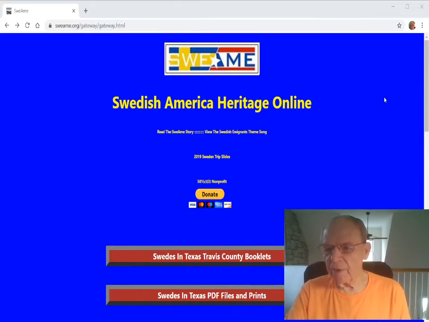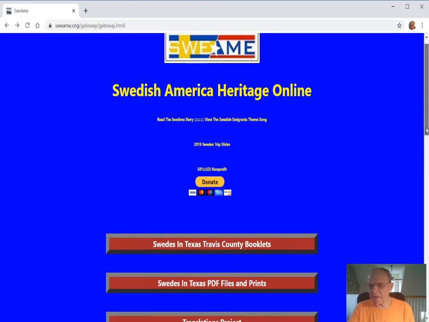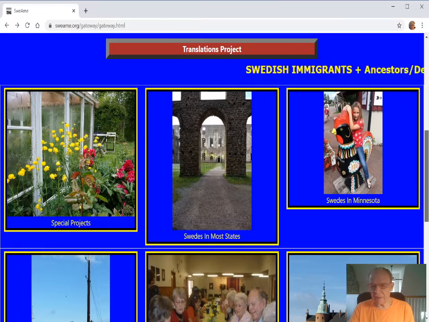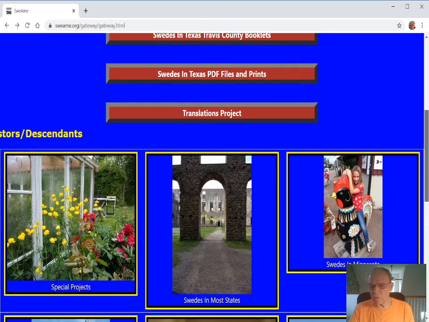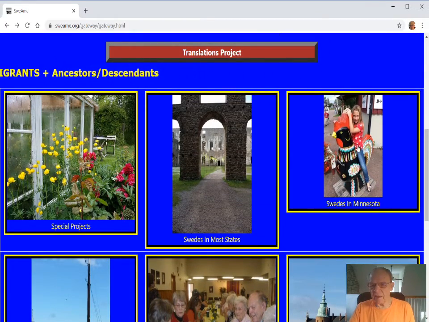But before I do that, let me scale this down and put it out in the right-hand corner here for you. And this is what, of course, the web page looks like when you get to it. You can slide down to the section that contains the image buttons, and you can check out all the different buttons that we have here and what kind of information they contain. But let's say that you know that your ancestors lived in Minnesota, so you would definitely click on